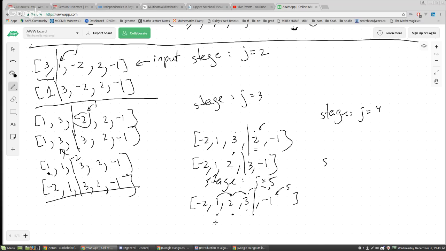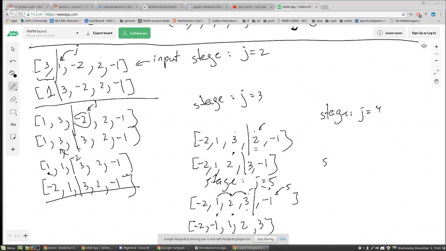So now the question is, should -1 sit here? Well, we compare it to -2, and -2 is smaller than -1. And so the answer is yes, -1 should sit here. And so our final answer becomes -2, this -1 that we just put here, 1 got pushed up, 2 got pushed up, 3 got pushed up. Done. We're sorted. Okay. So again,